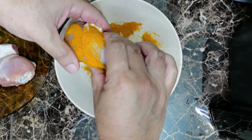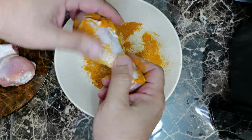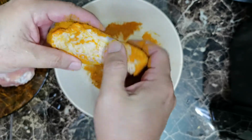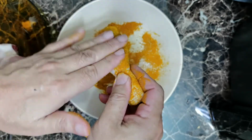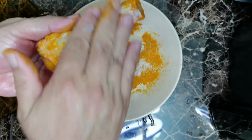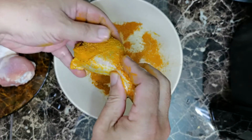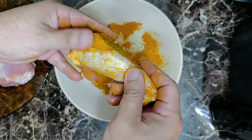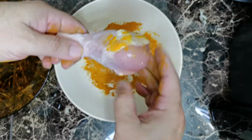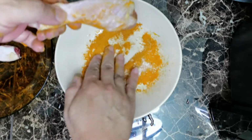Okay, here are the chicken drumsticks, which I am now gonna cover with a little bit of the turmeric powder. I'm gonna coat it with the turmeric powder and the sugar and salt mixture. I'm trying to dip it in, but I think I will need to use my hand and cover the chicken drumsticks with the turmeric powder,